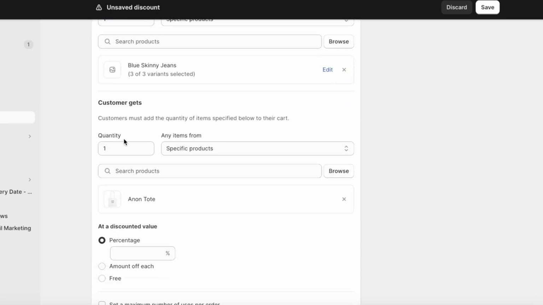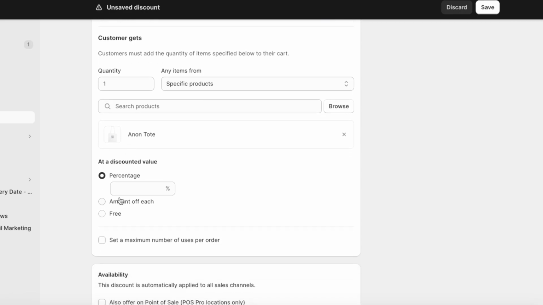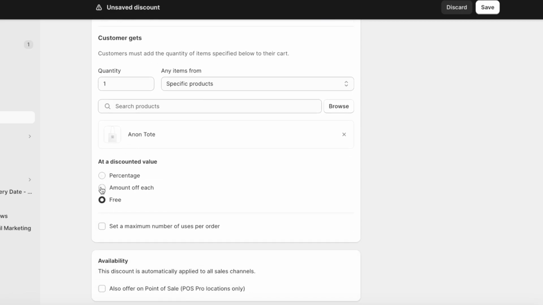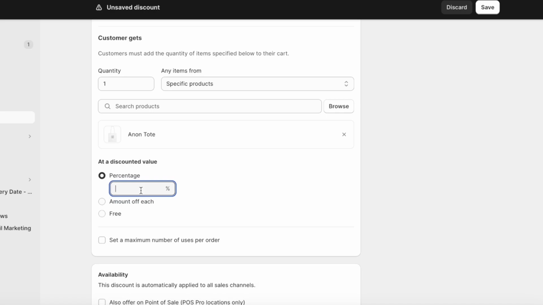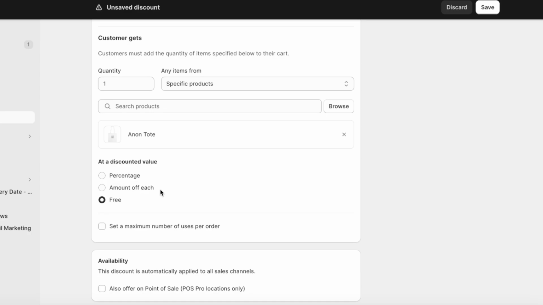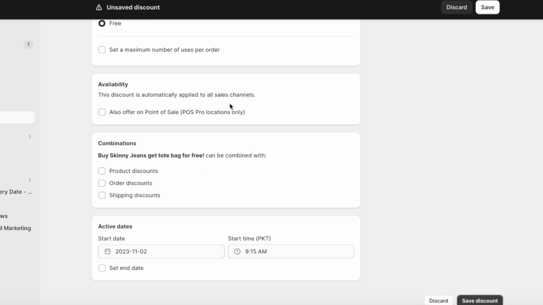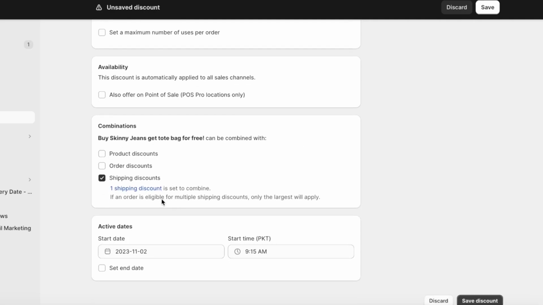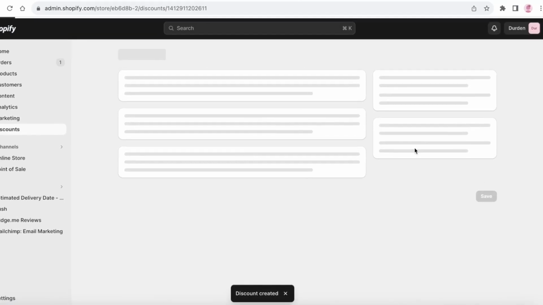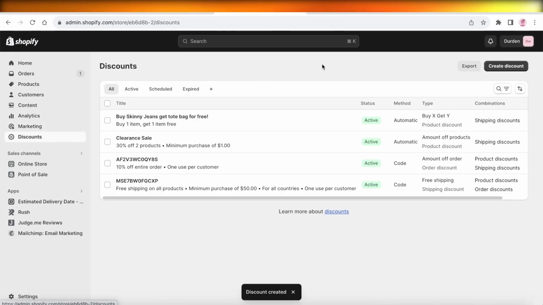So after I've added skinny jeans and tote bags, I'm going to scroll down and I can add what kind of discount I'm offering. So if it's going to be $10 off of each or $3 off of each, or if it's going to be a certain percentage, so maybe I'm going to offer 50% off the second item, or the second item is going to be absolutely free. I'm going to add the second item as absolutely free. And then below that, you have your POS system as well, so you can enable this on your POS. Then I only want this to be eligible with shipping discounts and nothing else. Then you're just going to click on Save Discount, and that is how you can get started with building discounts